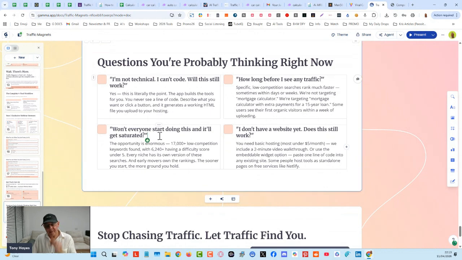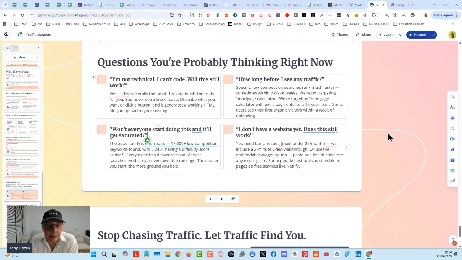This one gets me every time. I keep seeing this whenever I put together objections: won't everyone start doing this and it will get saturated? We found with SEMrush 92,000 keywords, I think it was 92,400, that are easy or very easy in keyword difficulty to get ranking.